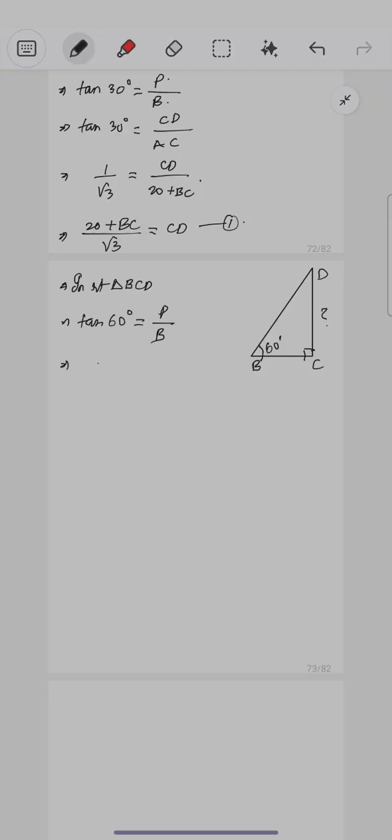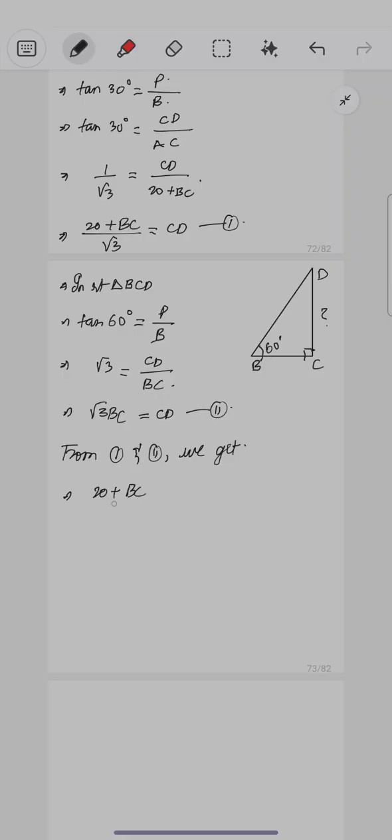Tan 60 is root 3, perpendicular is CD, base is BC. So root 3 BC equal to CD. Equation number 2. From 1 and 2, we get